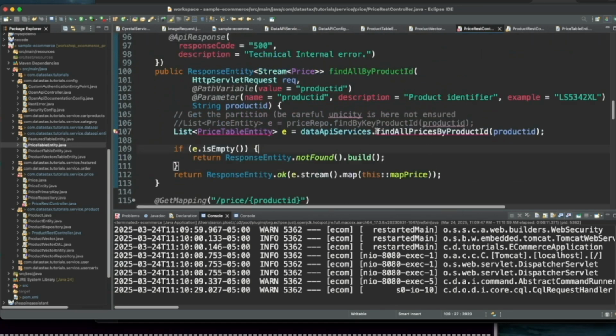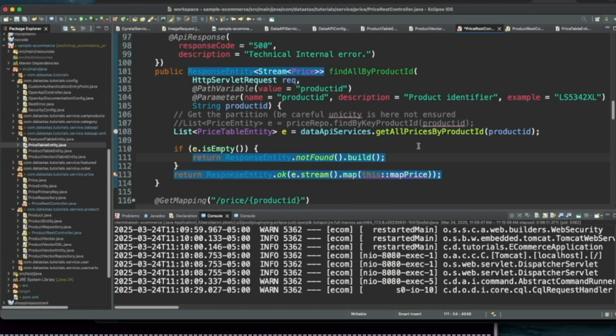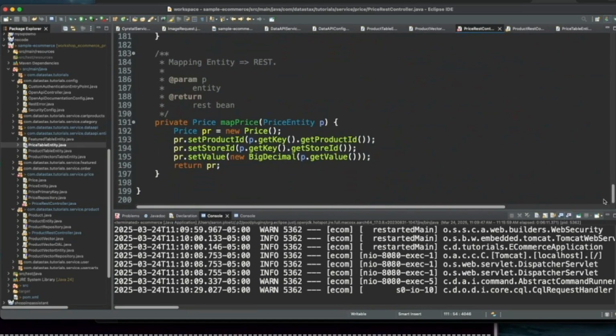Back to our REST controller, let's just do get all prices by product ID, and let's pull in a reference. Let's pull in the price table entity for library. Okay, and this works with the exception of our mapper down here. So let's go ahead, yeah, map price.